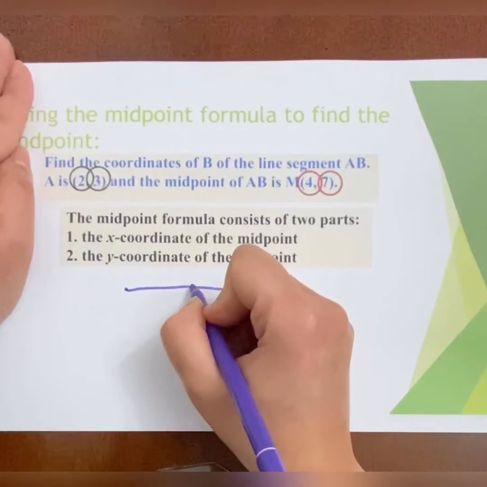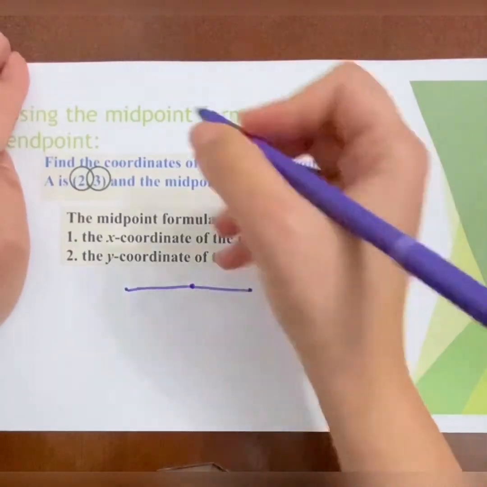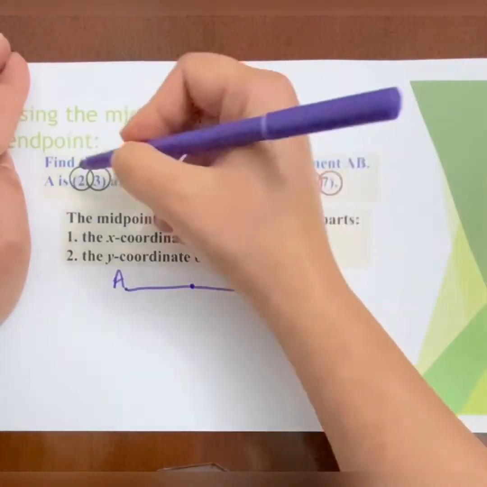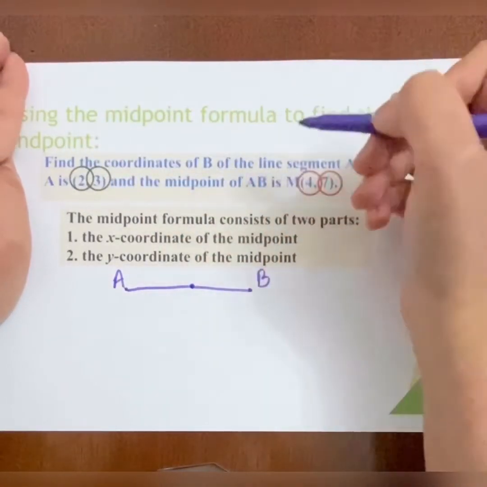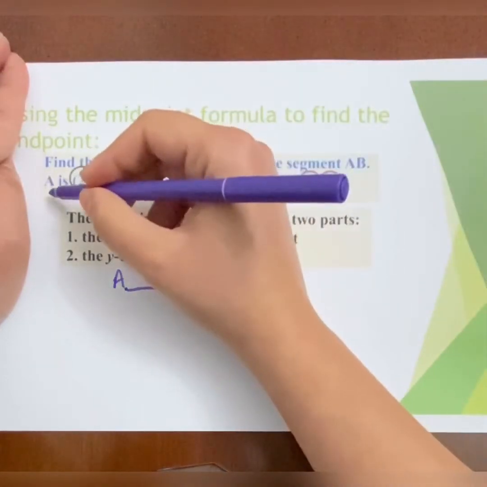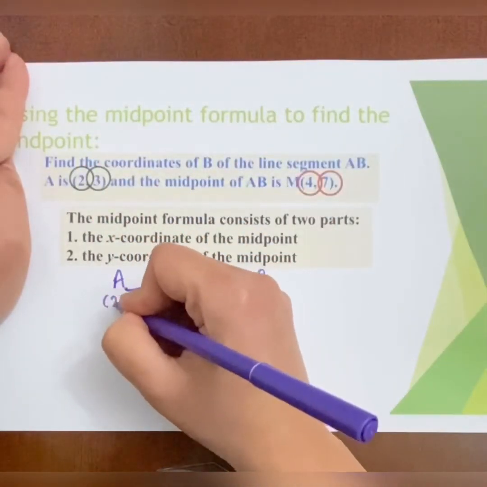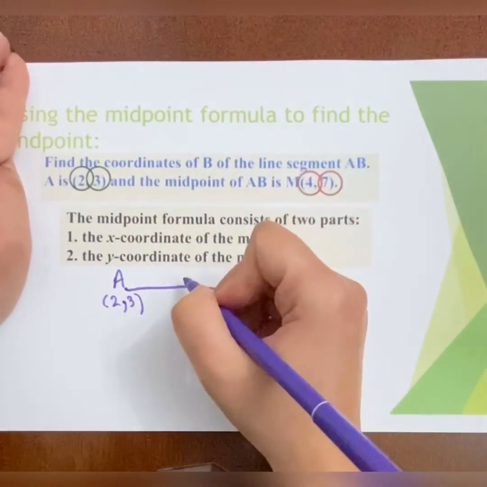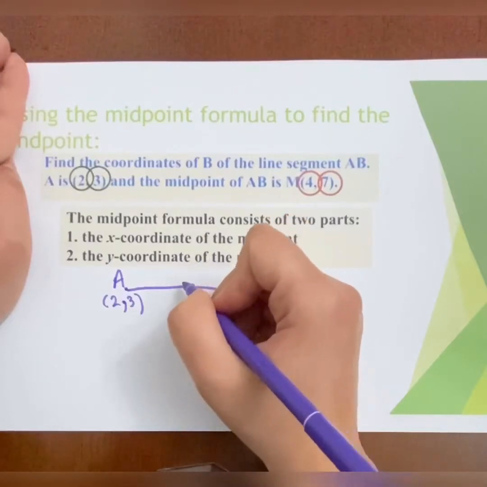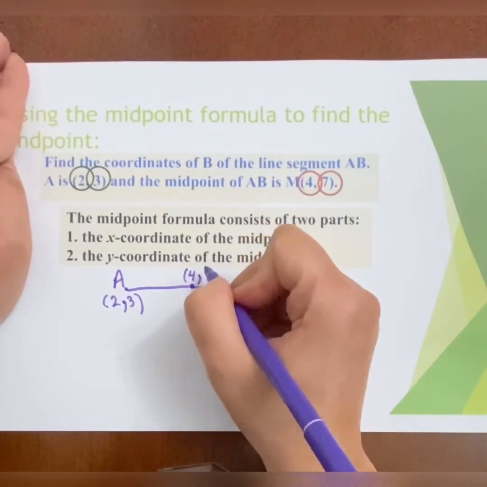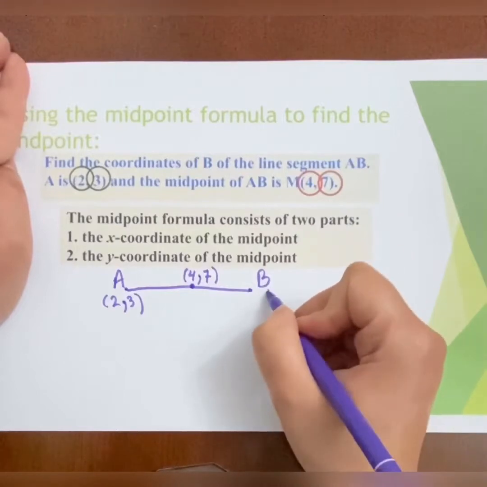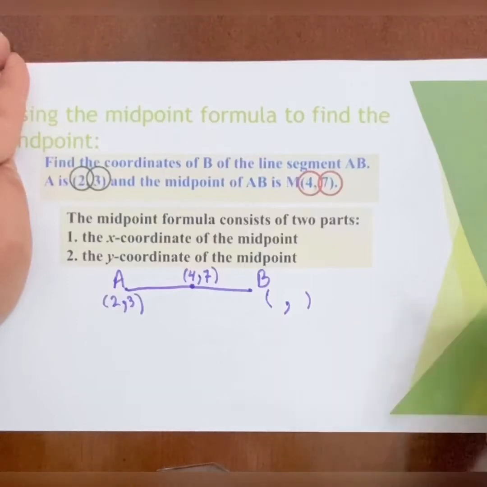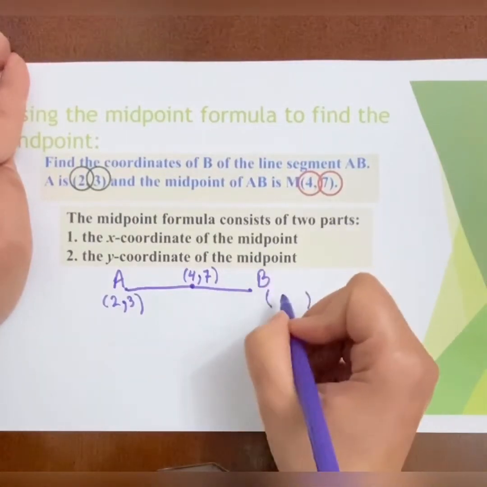I know that the midpoint of my line, they said here it's A, B. Find the coordinates of B, of the line segment AB. A is 2 and 3. I know this is 2 and 3. And the midpoint of line segment AB is 4, 7. I want to find the other endpoint. I will call them x2,